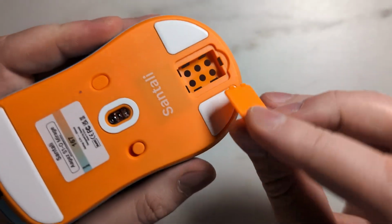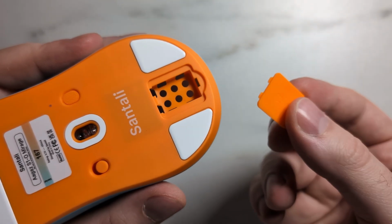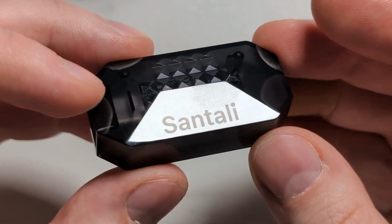So why is there a dongle storage compartment here on the S1-O in the first place? Well, according to Santali, the mouse was initially supposed to come with a USB-A dongle, but it was scrapped in favor of including the AK polling dongle instead. Unfortunately, by the time this decision was made, the base for the S1-O had already been finalized and manufactured, so